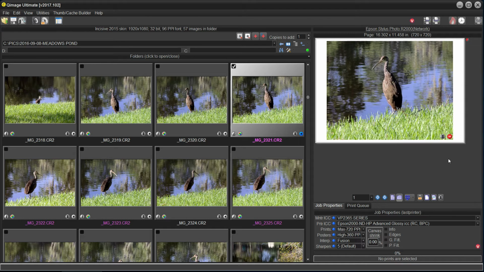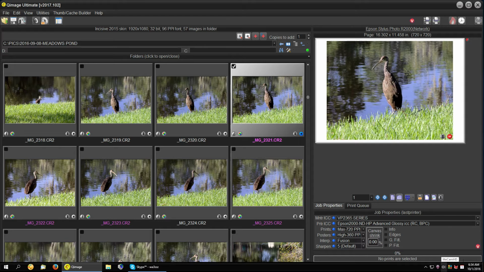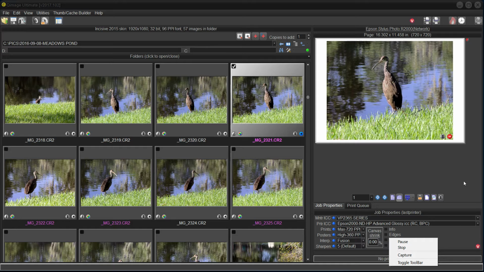Okay, let's discuss just a little technicality, a little touch here. I just want to make sure I've got everything working right. Talking about interpolation for printing, setting it up so that QImage will send the proper, most precise data